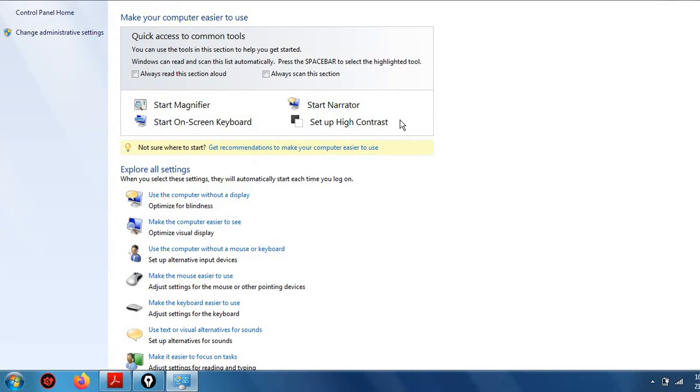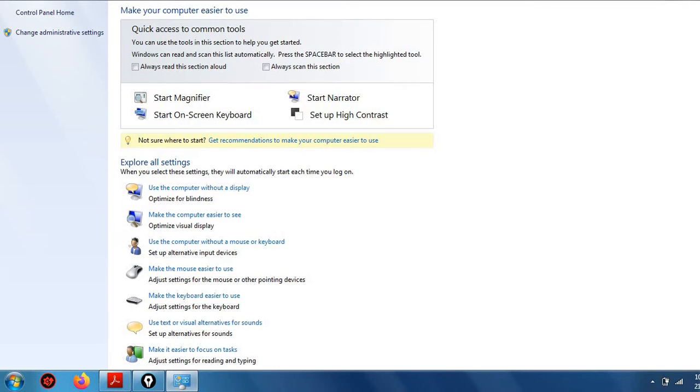So after clicking on the start button, go to control panel, and here in the accessibility option we have all these options, right? So we are talking about make the keyboard easier to use, and here this option is make the keyboard easier to use. So we will first click on this.